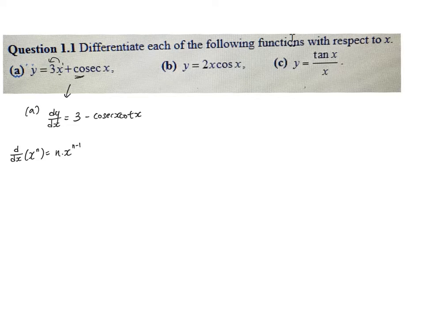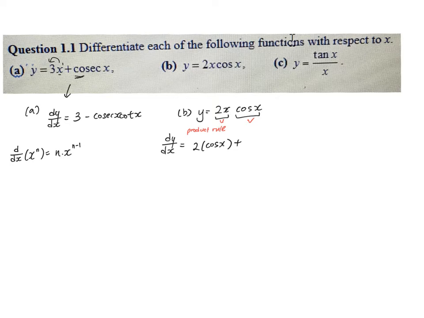Okay, for part B, you notice that part B is not so straightforward. There's actually a product of two functions, so you can see that there are two functions here. So you recognize that this will be u, this will be v, and dy/dx, right? Basically what we're going to use here is the product rule. So you're going to use the product rule because you can see that there's a product of two functions. So du/dx, we differentiate u, keep v,